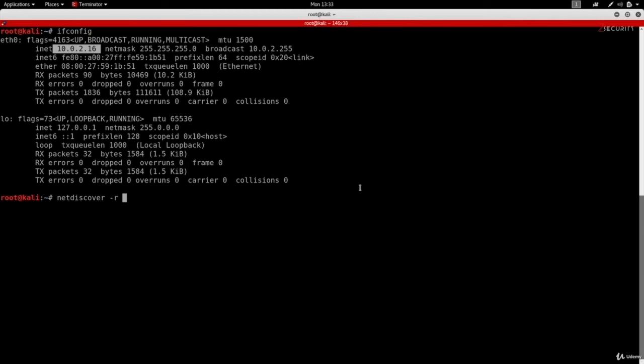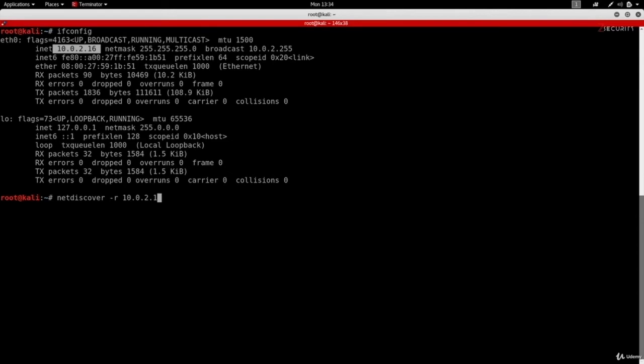So right now you can see that my IP is 10.0.2.16, and I can only access IPs on the same subnet. So IPs on the same subnet start at 10.0.2.0 and they would end at 10.0.2.254 because 254 is the last IP that a client can have. So my range is going to be 10.0.2.1, and I want to search for clients that might have an IP of 10.0.2.1, 10.0.2.2, 10.0.2.3, all the way up to